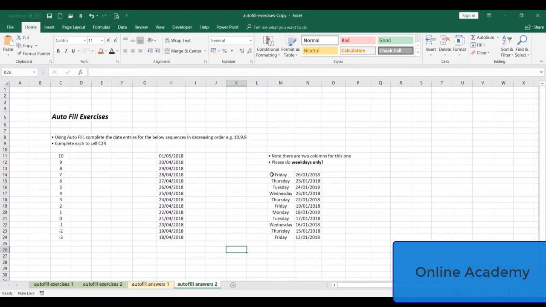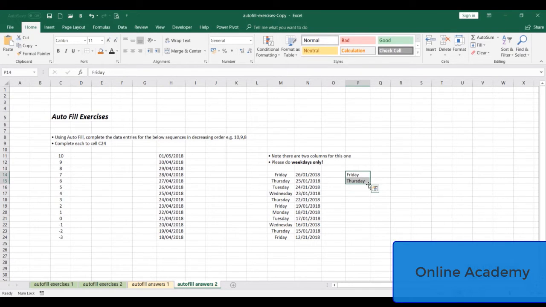Now, for the weekdays, which we asked the autofill to do, you can see we go Friday, Thursday, but then something weird happens. We get Tuesday, Wednesday, Thursday, Friday, Monday, which basically doesn't make sense, because when you do this autofill and you drag it down, Excel's supposed to detect the pattern. So let's just recreate that bit, and I'll show you what I mean. If I go Friday, Thursday,